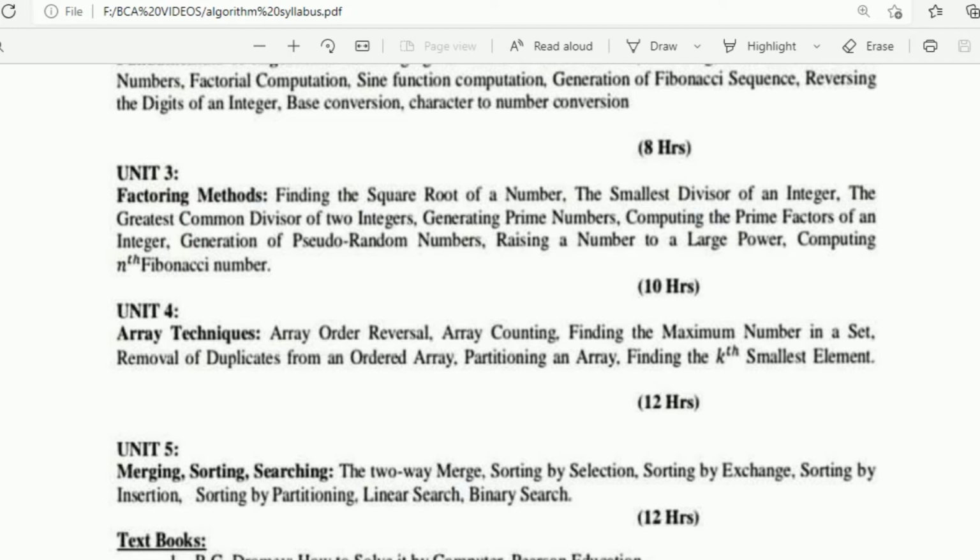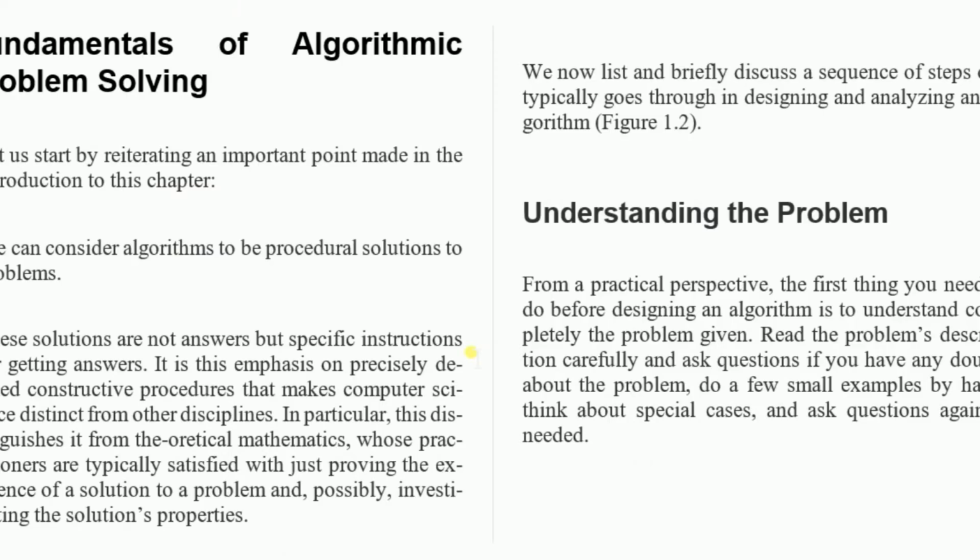So all these things we will learn, but it is the algorithmic method of solving the programs, and we will use C type of coding. We will use the C language for this algorithmic programming method. We will take the reference as C language. So in the beginning, that is introduction, that is fundamentals of algorithmic problem solving.